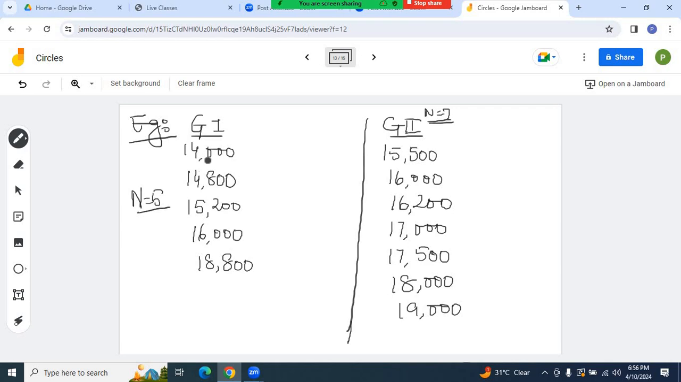So this is odd and this is also odd. When we have odd data, median will be n plus 1 by 2th item. So n plus 1 by 2th item is, n is 5, 5 plus 1 is 6, 6 by 2, third item. So third item is